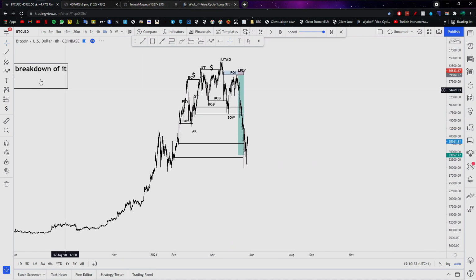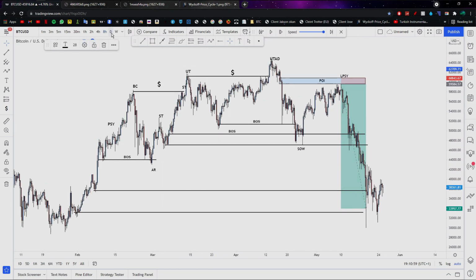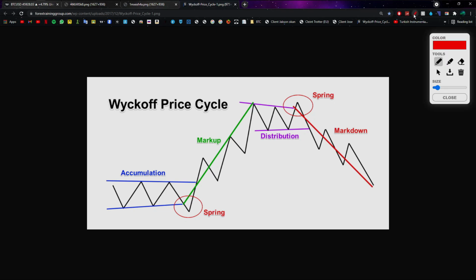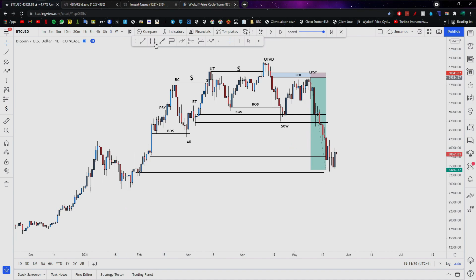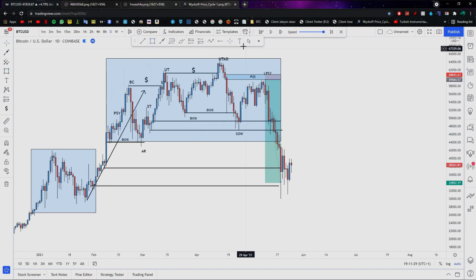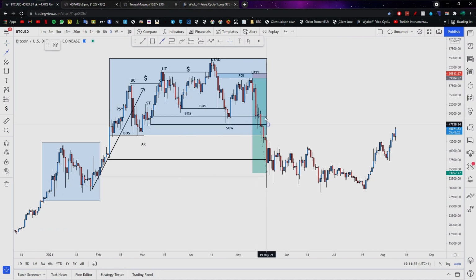So if we now move on to my overall thoughts on Bitcoin, part 2 of this video. Essentially, what I think is going on with Bitcoin is we are currently in a Wyckoff price cycle. Now, if I bring up this diagram, what we usually see in the Wyckoff price cycle is an accumulation, a move up, a distribution, which is what I just broke down, and then a move down, and then again we repeat the cycle over and over again, right? And if I just show you that over here, we see our accumulation, our move to the upside, then the distribution, which I just pointed out and broke down with the Bitcoin crash.